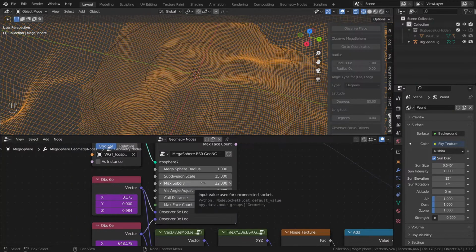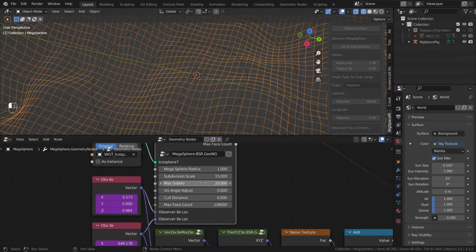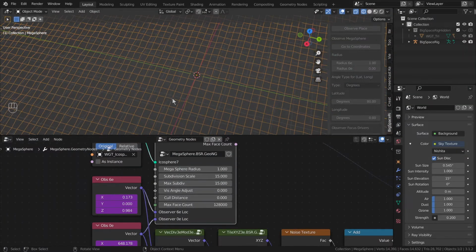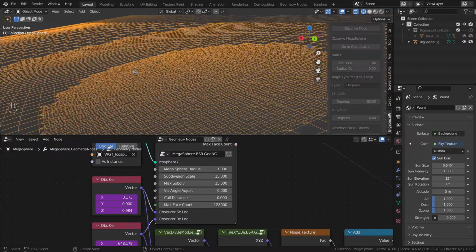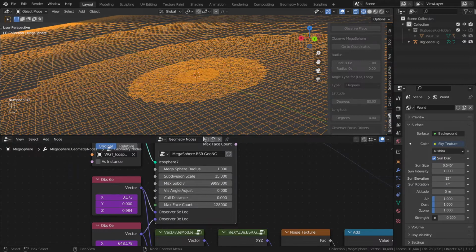Max number of subdivision relates to the smallest level of detail that can be achieved using subdivision. Setting this number higher will give more geometry and more detail in the center. Setting this number lower will give less geometry and less detail in the center. Internally, MegaSphere has a max number of subdivisions of 27, so setting the number higher than 27 won't increase things